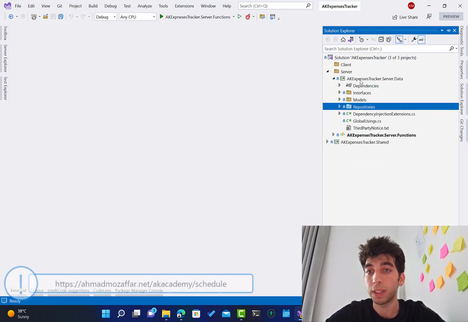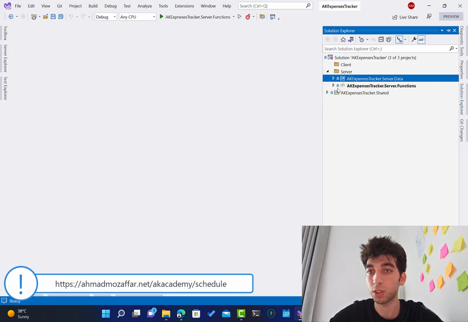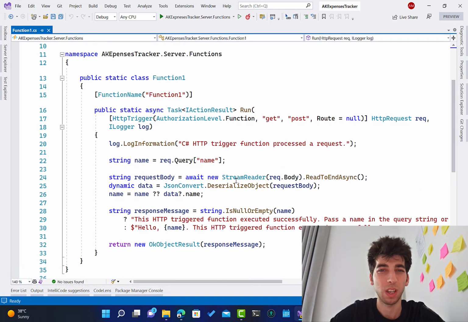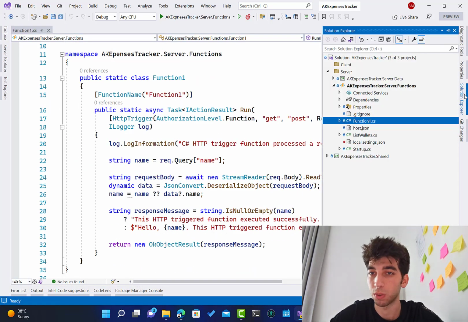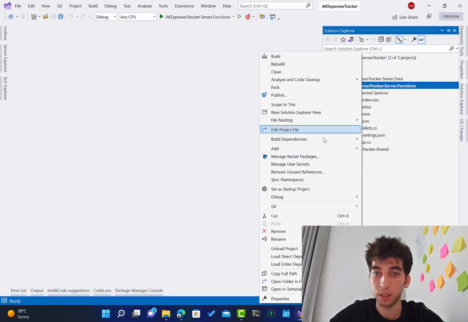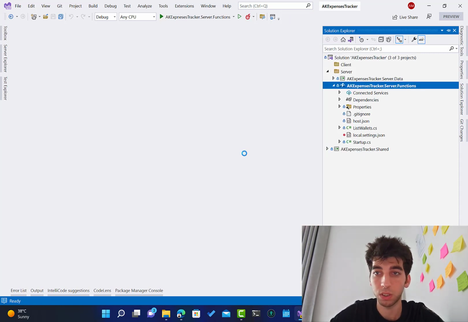After we have implemented that one, now it's time to start creating the function. So basically I will go to the functions project over here, and we have the list wallets. We have this function one over here, which was... okay, let's start from scratch and remove this one because it will mislead a little bit. So remove, and then hit add new function,